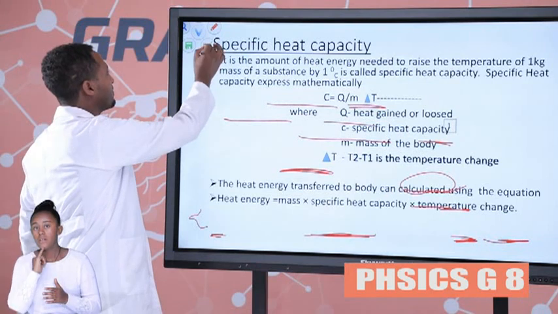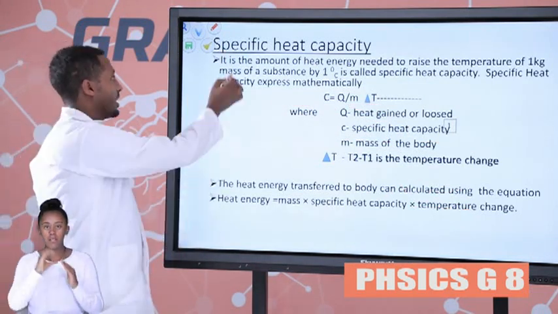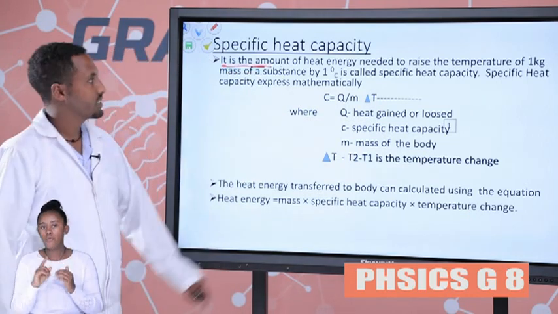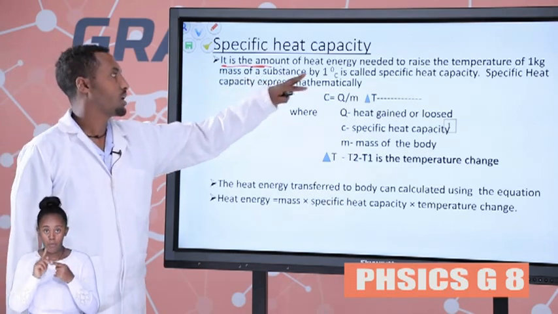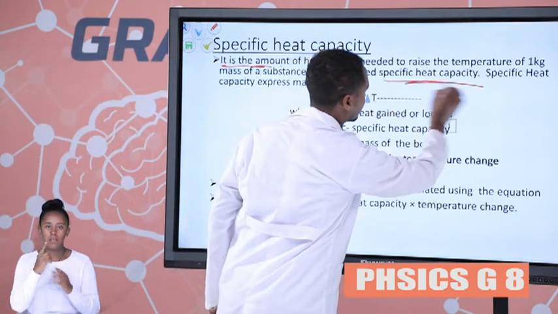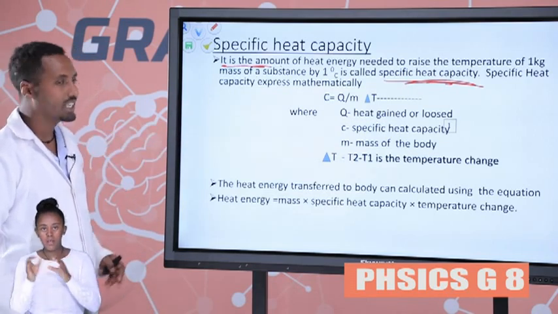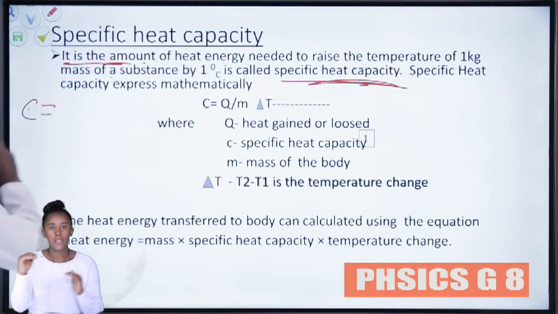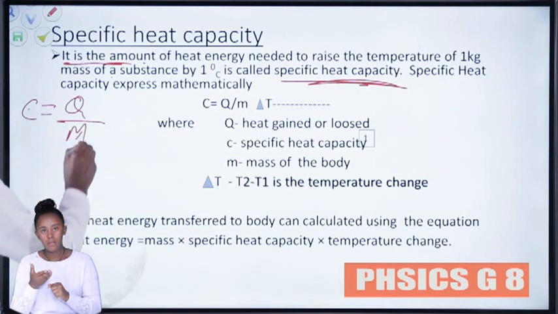The other is specific heat capacity. Specific heat capacity is the amount of heat energy needed to raise the temperature of 1 kilogram of mass of a substance by 1 degree Celsius. It is called specific heat capacity. Expressed mathematically, C is equal to Q over M